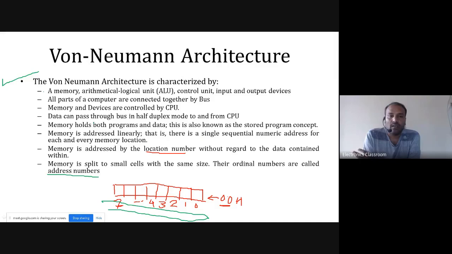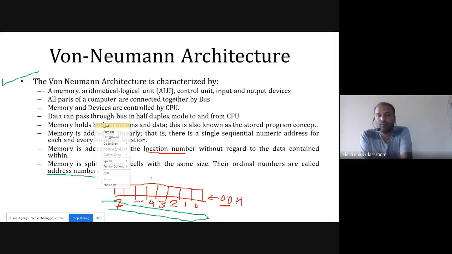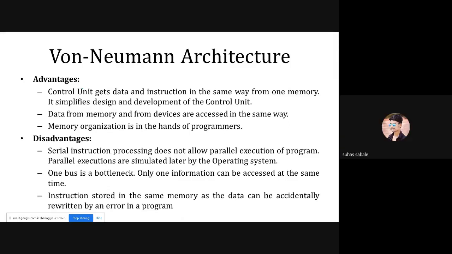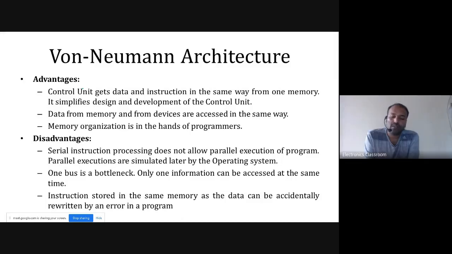Okay. Then what are the advantages as well as disadvantages of having the von Neumann type of architecture? So what will be the advantages and disadvantages if you compare with our Harvard architecture? Then